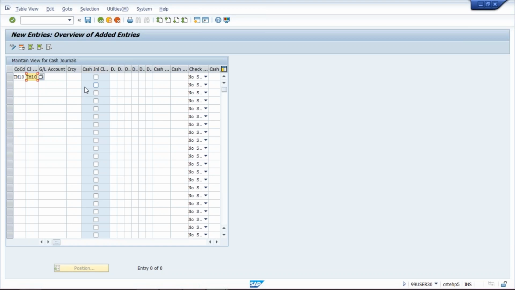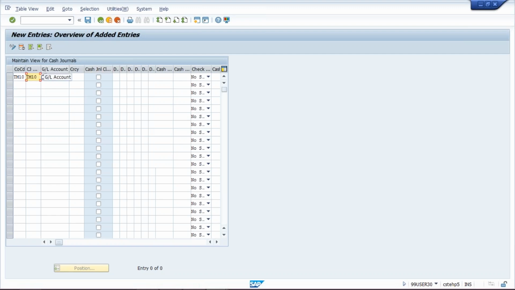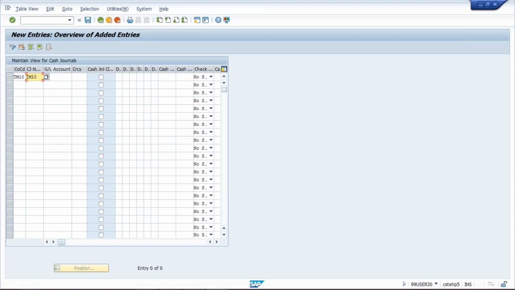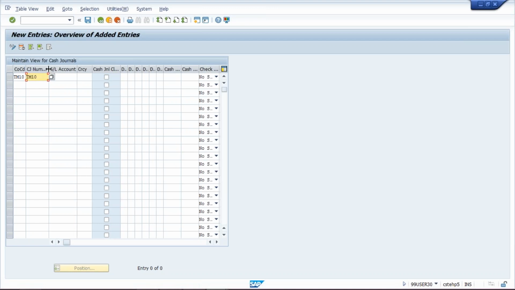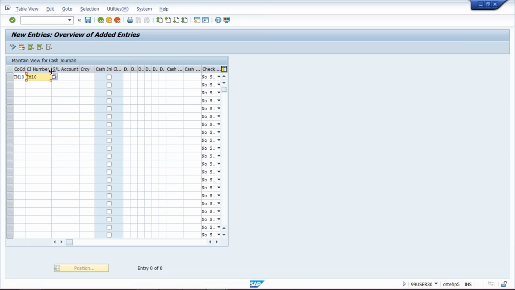Now, why is there a requirement of creation of cash journal code? Because cash journal code, in the sense cash journal number, I'll just let you know. Let me configure first. I have given a company code, I have given a cash journal number, that is also a 4-digit code, so I have given the same code, which is our company code TM10.